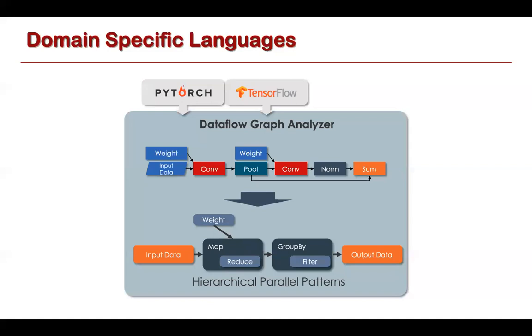So here's a very simple example of dot product, which of course comes up all the time in machine learning. Here we've got two vectors that we want to take the dot product of, and we're going to use